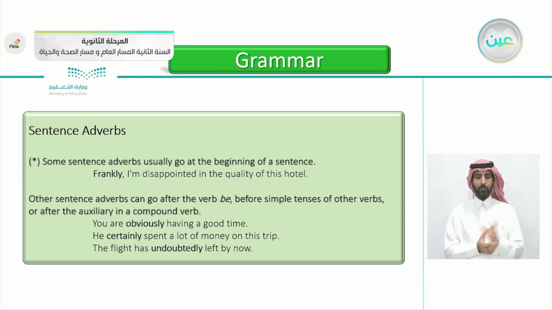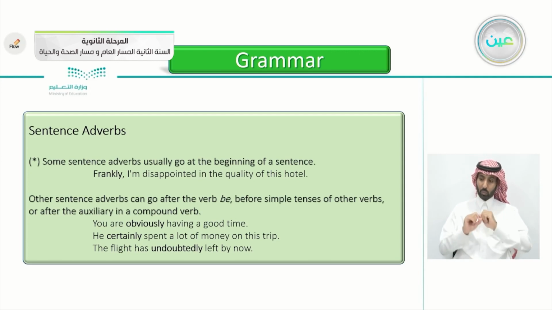Again, other sentence adverbs can go before the verb be, before simple tenses of other verbs, or the auxiliary, or after the auxiliary verb in a compound verb. Let's take some examples here. You are obviously having a good time. You can say you're having a good time, but when you add the sentence adverb here, obviously, it gives more